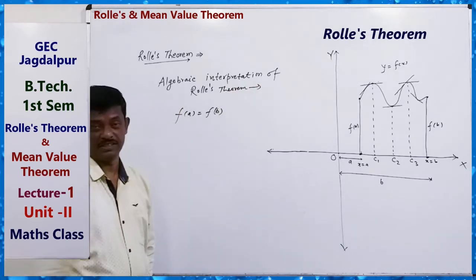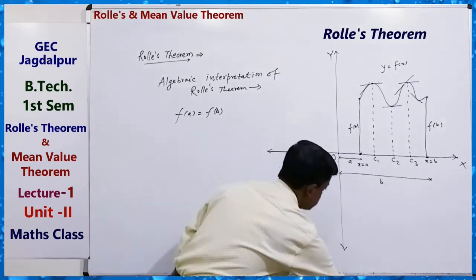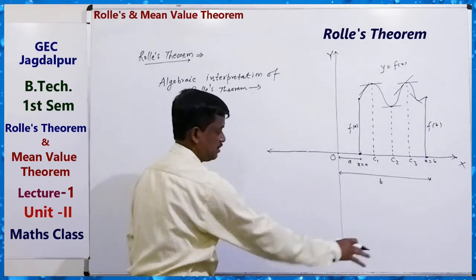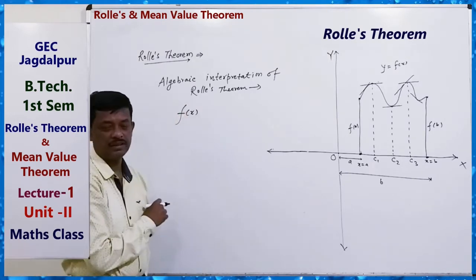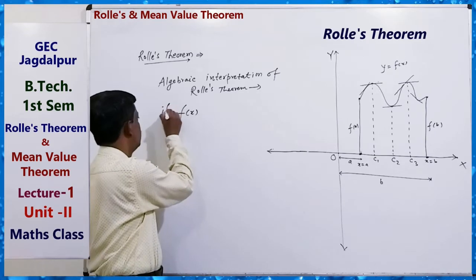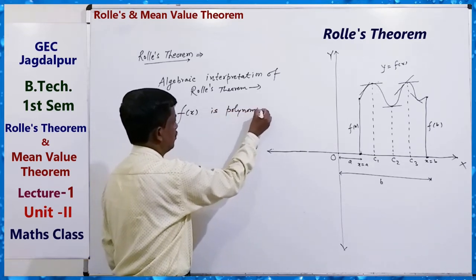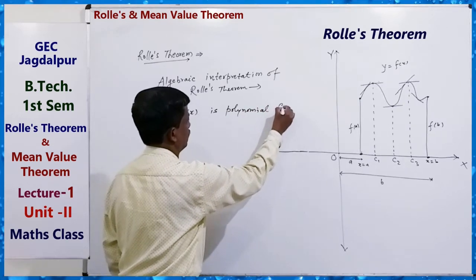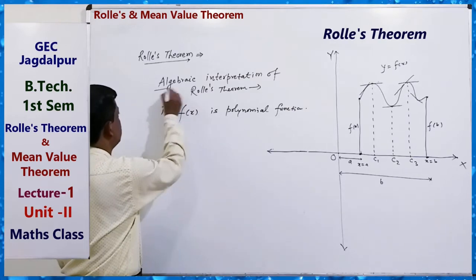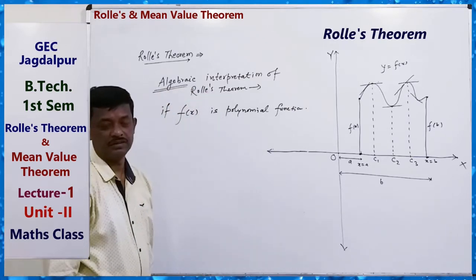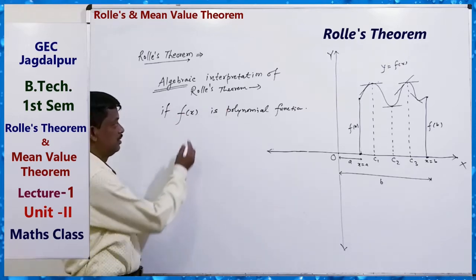Algebraic interpretation means, if the function, what function? If f(x) is a polynomial function, this is the algebraic interpretation. If f(x) is a polynomial function, then